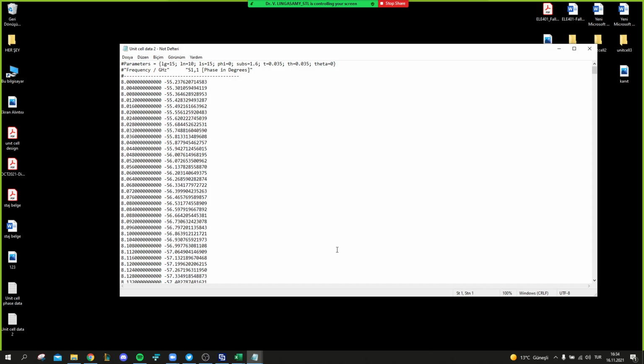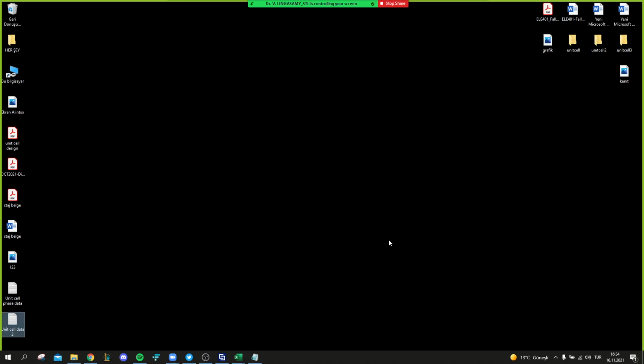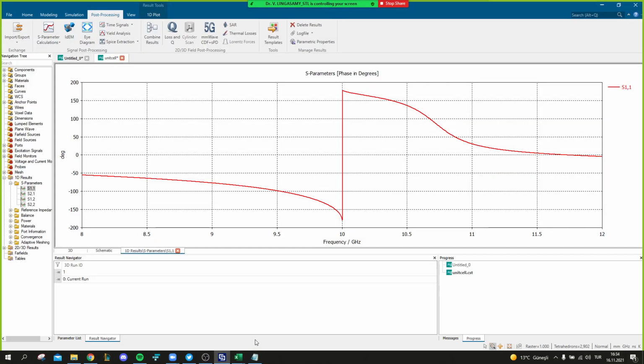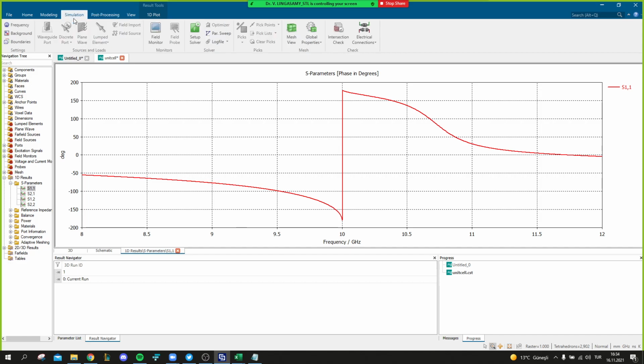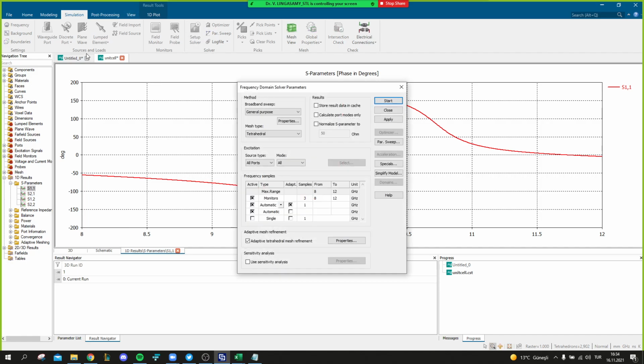Oh, it's not coming. That's fine. I think where you have to change is in the simulation, in the first design only. You have to change the number of frequency points.